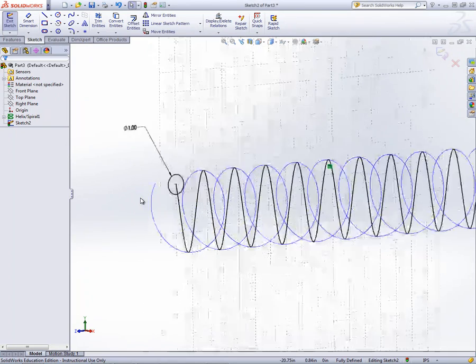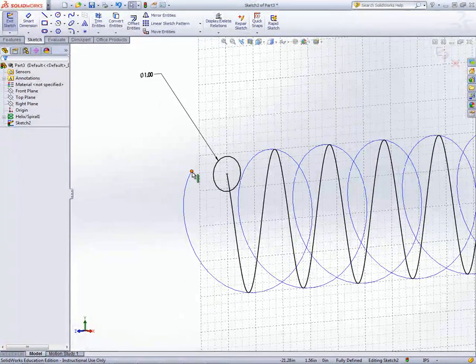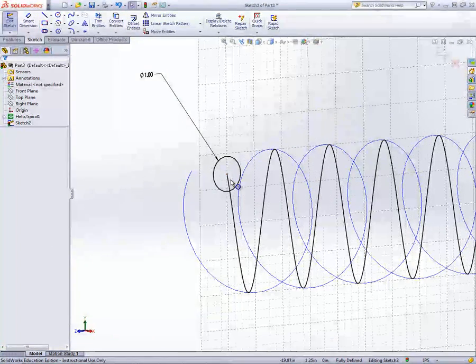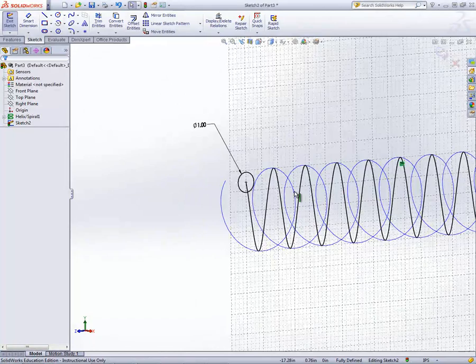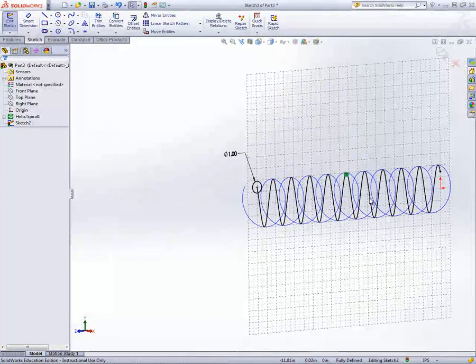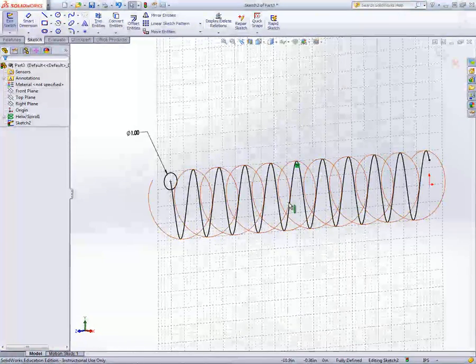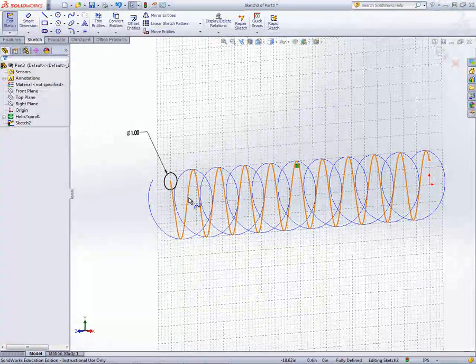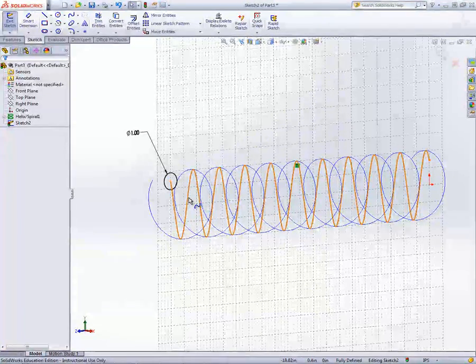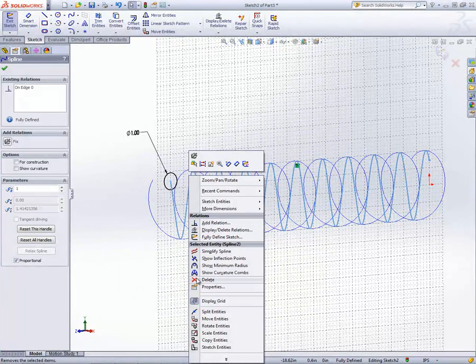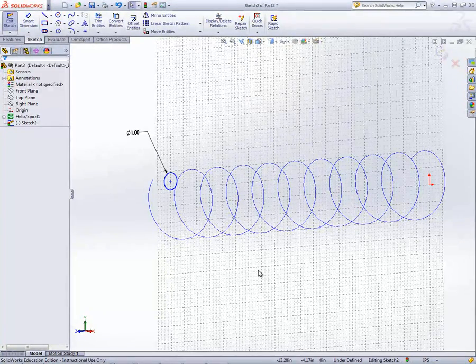We'll zoom in here and take a look. The end point of the helix, which is highlighted right now, is represented by this two-dimensional line that's been created on this sketch plane. So now we have to delete the two-dimensional representation of the helix because it doesn't create a closed profile. So we'll move our cursor over the helix, the two-dimensional projected or converted helix. Once it becomes highlighted, we'll right click and we'll left click on delete. So now we just have this circle that is going to follow this helix